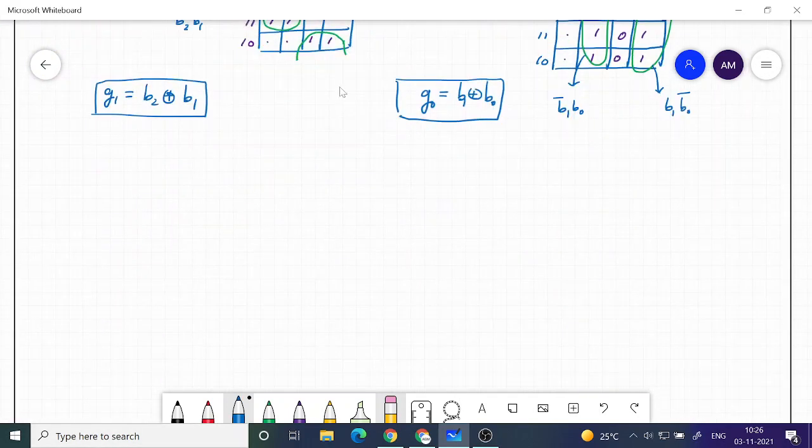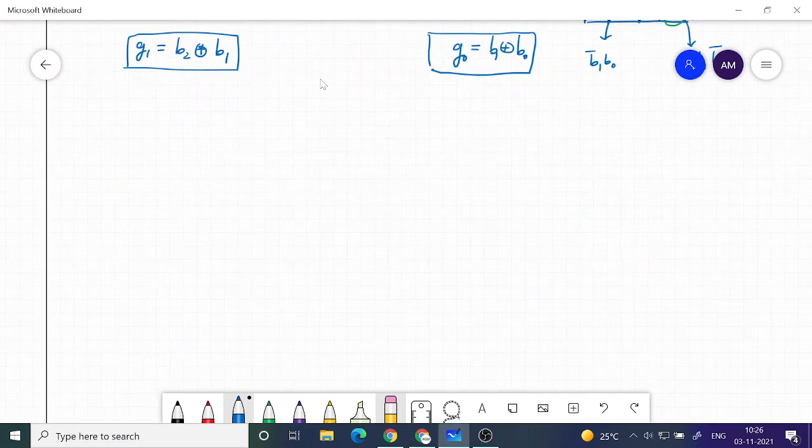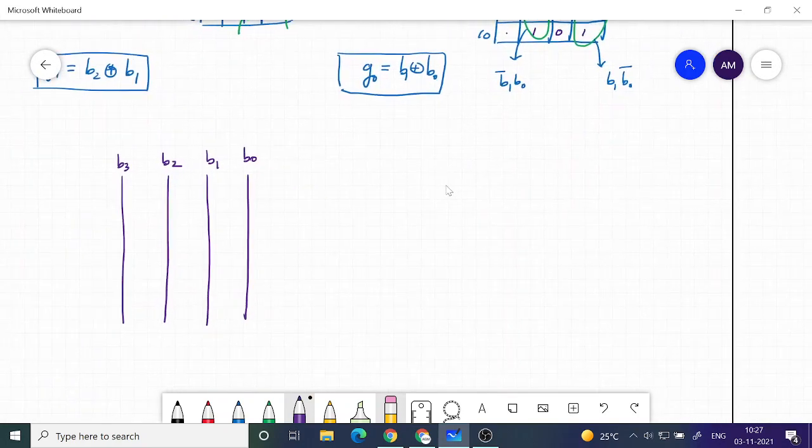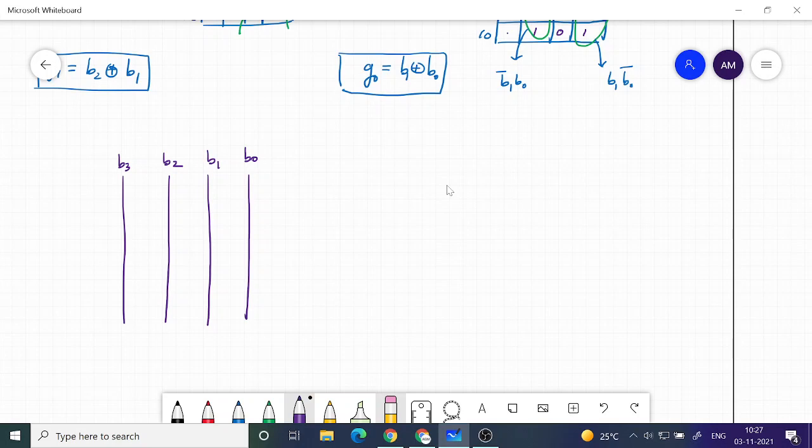So let me quickly show you the implementation. If I have these inputs, this is my B3, B2, B1, B0. Let me start with G0, what we found out just now is basically an XOR gate operation of these two.